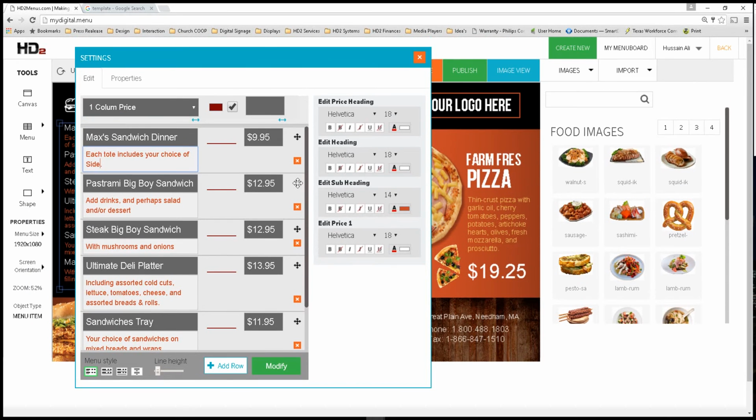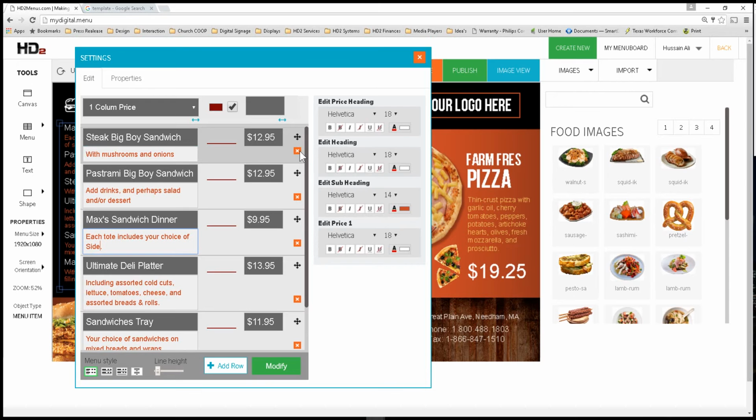So let's say pastrami big boy sandwich. We need to move that up. You will just drag it up there. Hold your mouse on this arrow in four directions, and then you can obviously slide any of these items top to bottom. If you want to remove a particular item, you can click on that cross button there to remove that